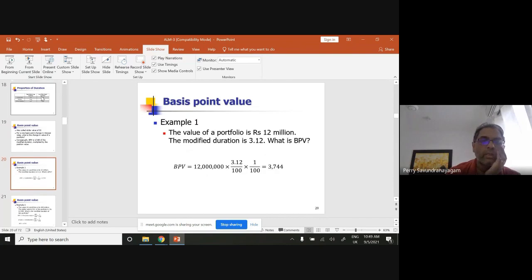Yeah, so let's go into the calculation a bit. So you're looking at a portfolio value of rupees 12 million. Modified duration is 3.12. So in other words, if the portfolio value moves by 1 basis point on a 12 million rupee portfolio with the modified duration of 3.12, which takes into account the DV1, what is the basis point value of the portfolio? For 1 basis point, the rupee value is